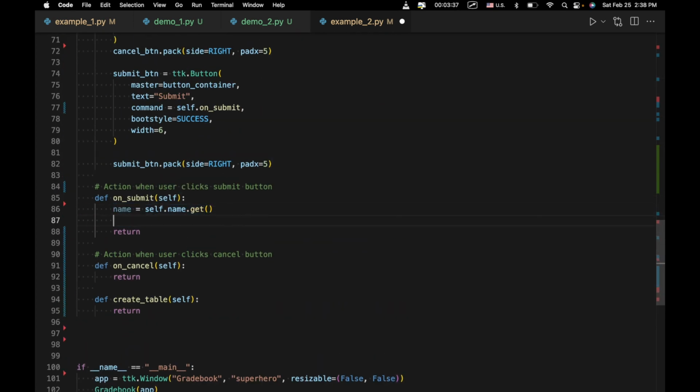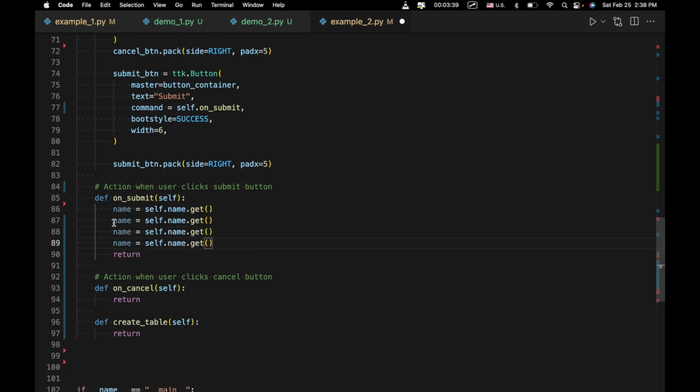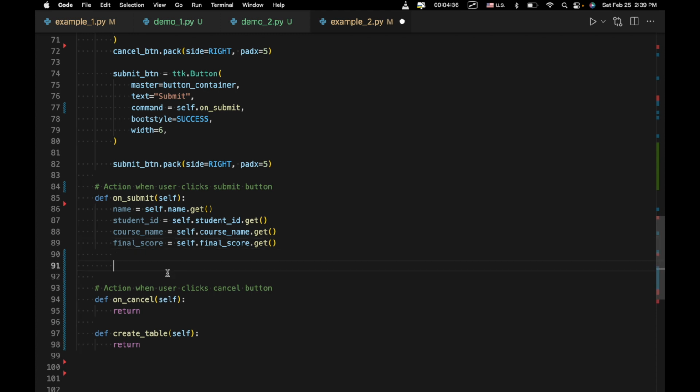And just copy that 4 times. Got one for student ID, self.student_ID.get. Got one for course name, self.coursename.get. Final score, self.finalscore.get. Cool. Okay. So what we're going to do is give them that nice little toast notification,